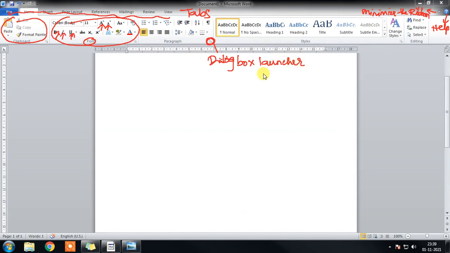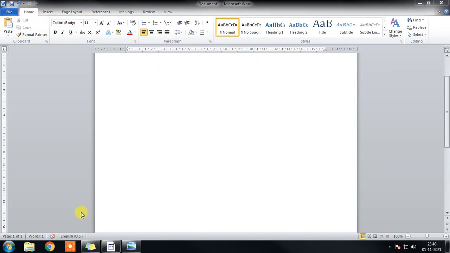And in the status bar, the items in order: this is called page number, this one is called word count, this one is called proofing error, and this icon is called language.